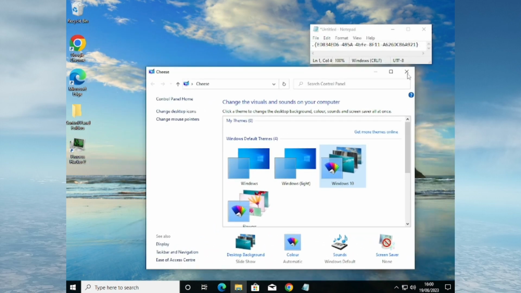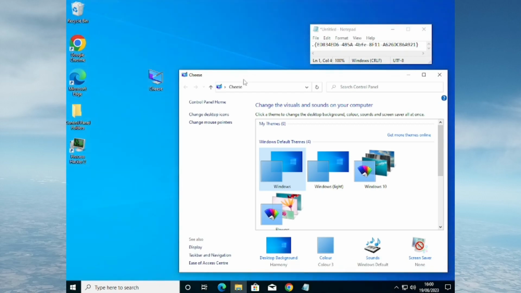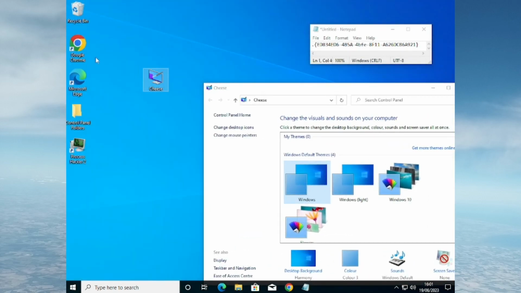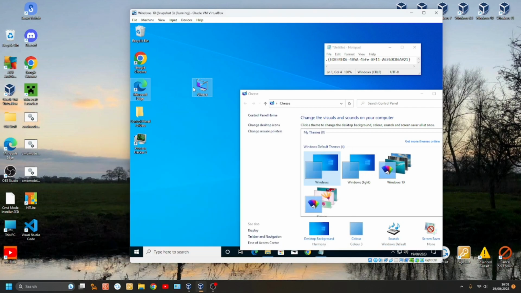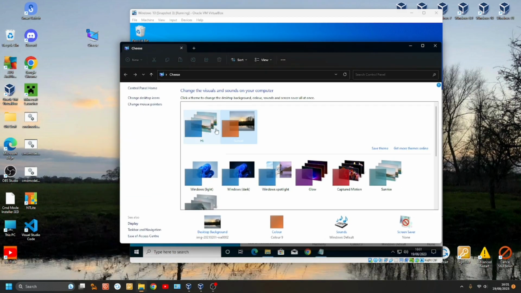Okay, but if this selection of themes isn't too good, or you want to customize the background, well, first of all, what you want to do is go on an activated version of Windows, and then send the folder over to it, and then select it, and then select the theme that you want to send to your other PC.